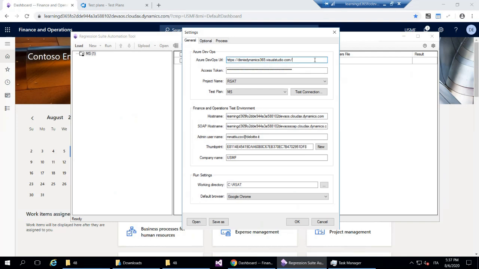So as of today it's mandatory to have DevOps or Git, up to you, in order to handle your activity. The token, because we need to guarantee our security. Project name, so you need to create a project in your DevOps. In my case, it is RSAT, but usually it is the name of the customer or the name of the project. And in the configuration, you have the